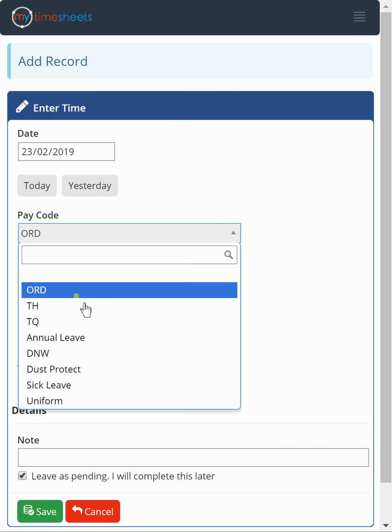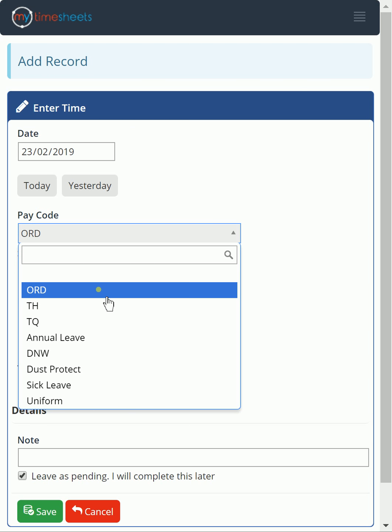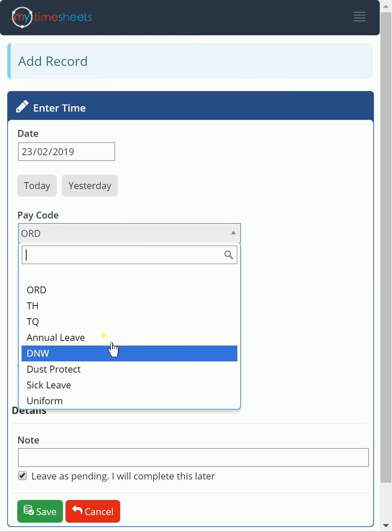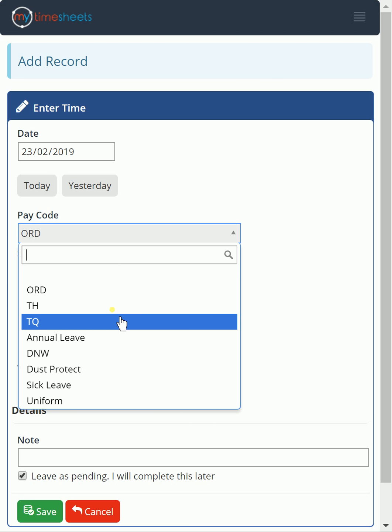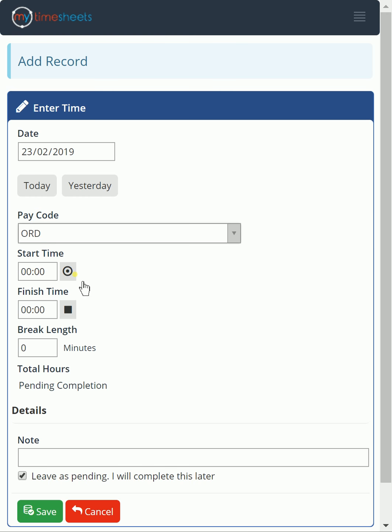Now again, depending on your configuration and what your employer is using, in this drop down you'll have pay codes for ordinary time, overtime, leave, and allowances, or you may only have ordinary time. It really depends on the configuration for your particular business. So you need to discuss that with your manager. So once I've chosen my pay code, and as I said, the ordinary one is the default,